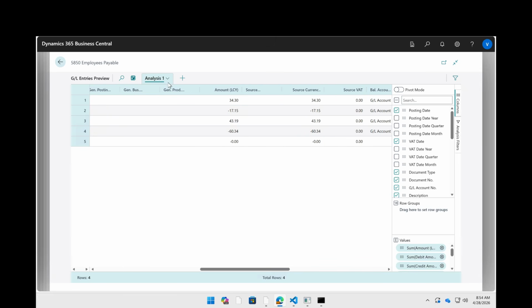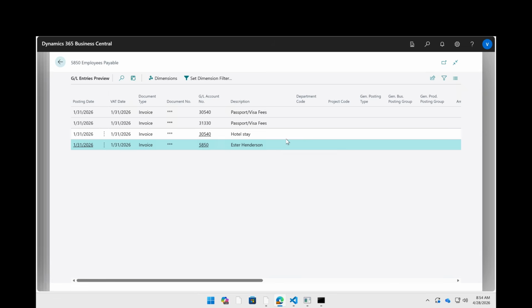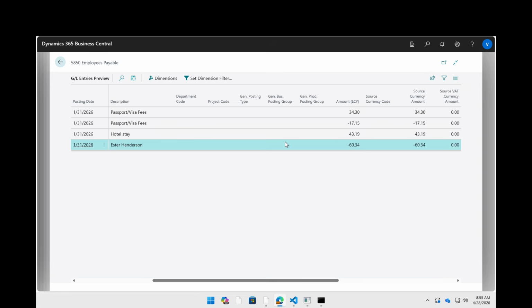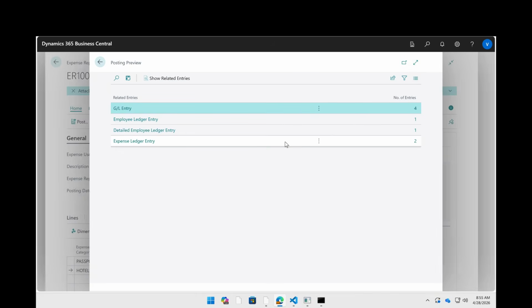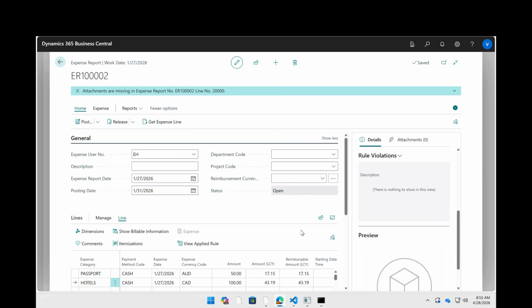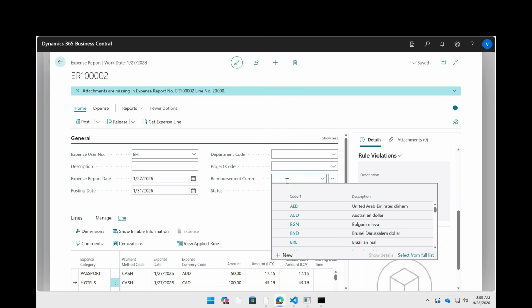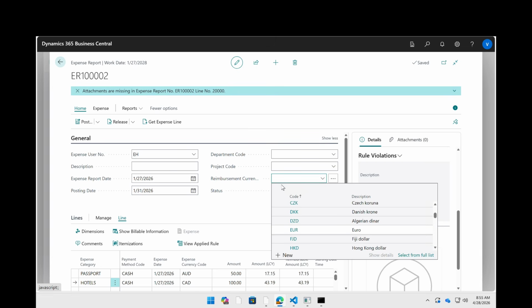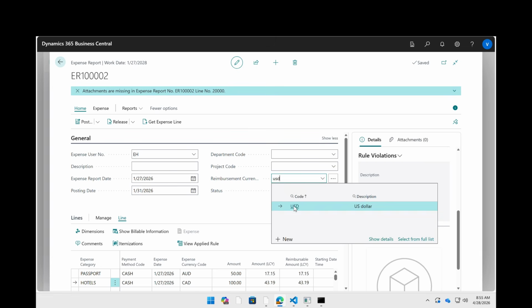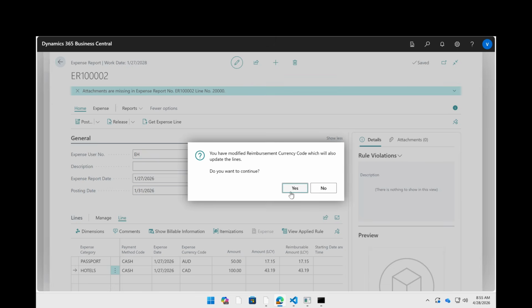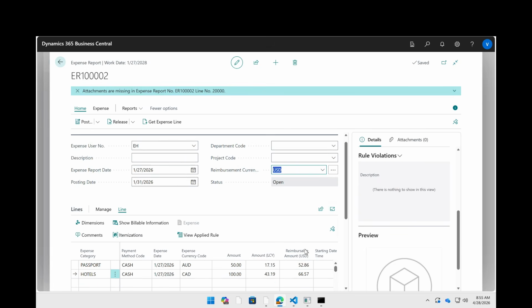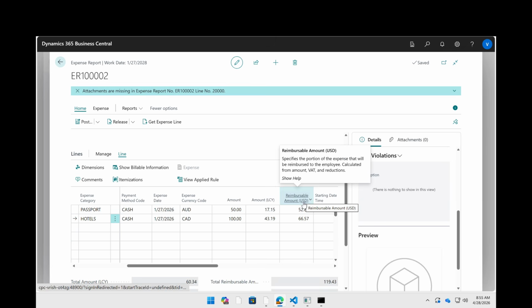Yes. So it again explains, because this time you don't have a rounding difference, whatever you have posted based on that date, it has been posted to it. Now what happens if I change the currency on my header to, let's say, USD? You do that, it's going to ask you that you have modified the reimbursement currency, which will also update lines, and so on. So now you will see the reimbursement amount here is going to be in